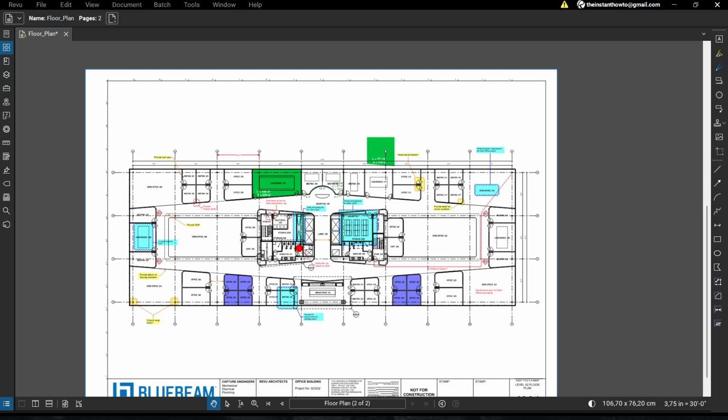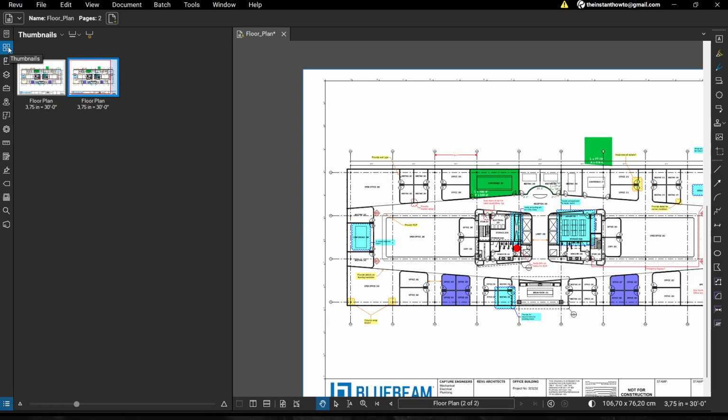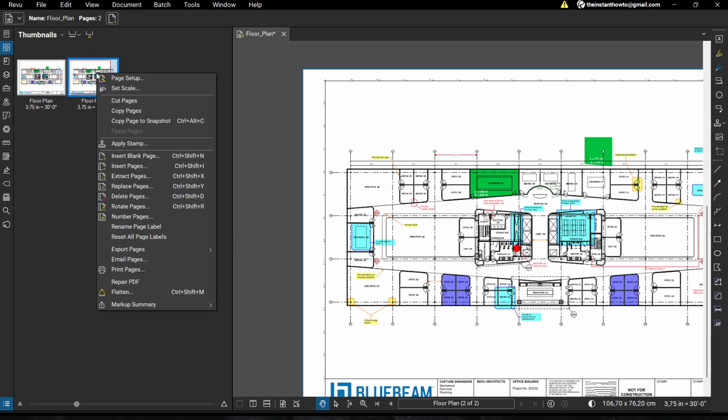In this video, I'm going to show you how to extract pages from PDF in Bluebeam. Now, the first thing you want to do is go over here to the left-hand side and click on Thumbnails. Inside Thumbnails, you want to go ahead and select what you want to extract, then right-click and